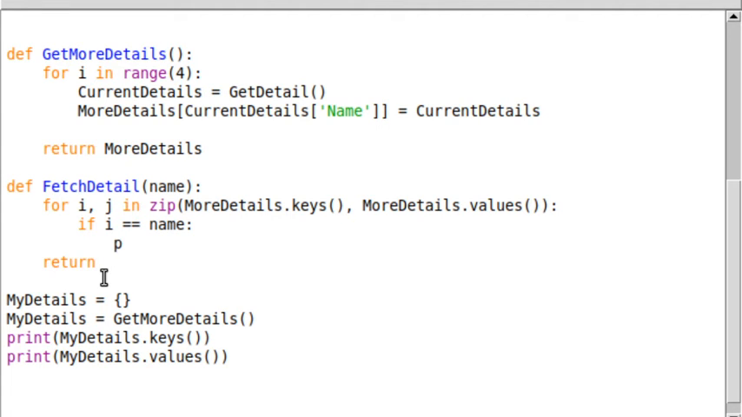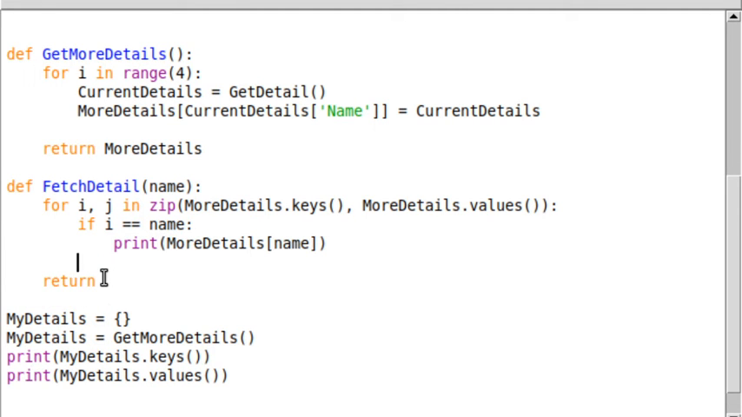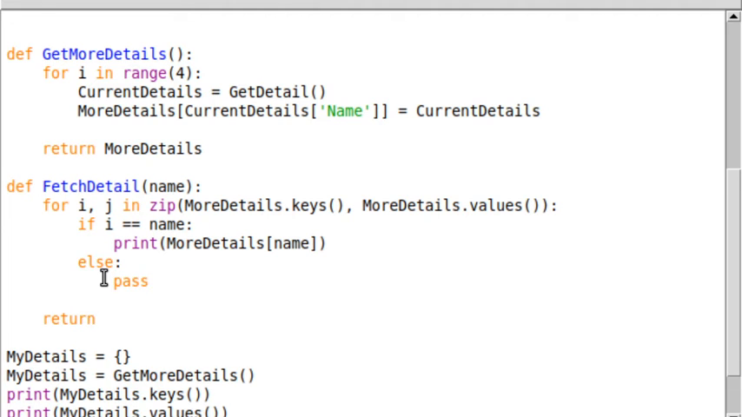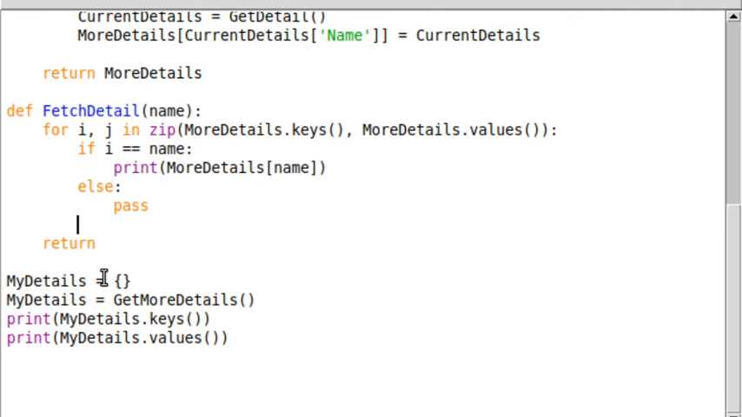So I'll just say print more details i, or more details name, depending. It's still going to be the same thing. So else, pass. So now after fetching, once we are done with this program, I want to fetch